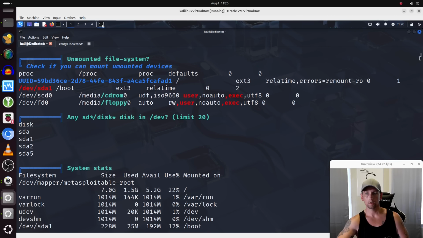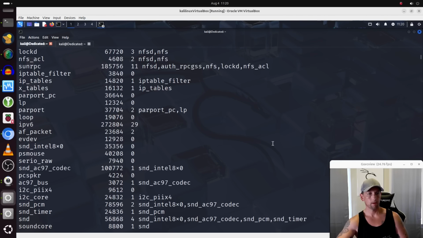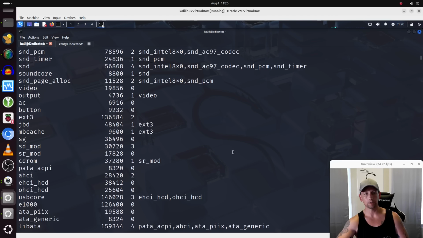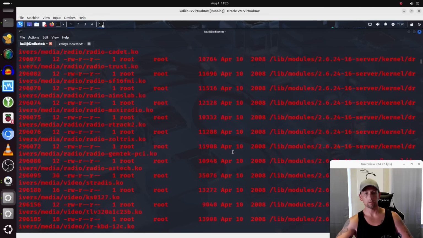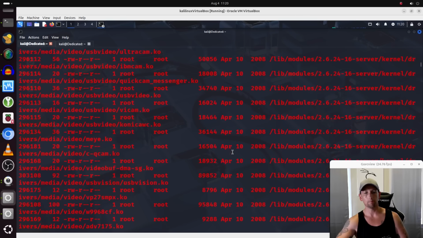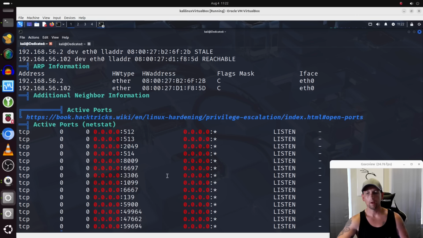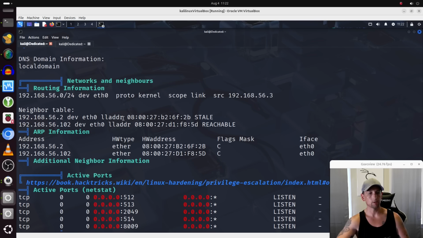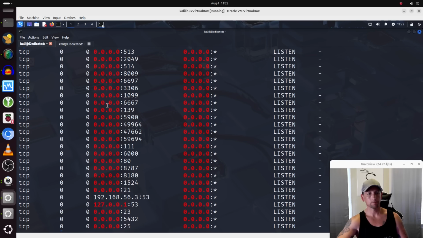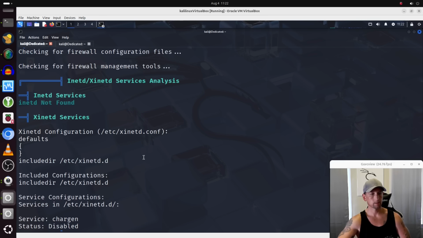Alright, so let's go through some of this. There is a lot of information. A lot of this can be used, if nothing else, just as enumeration, just to get a better understanding of the system. Alright, so we have so much information here to actually look at. We have ARP tables, routing information, active ports, firewall rules analysis,